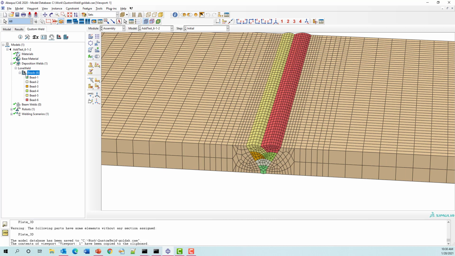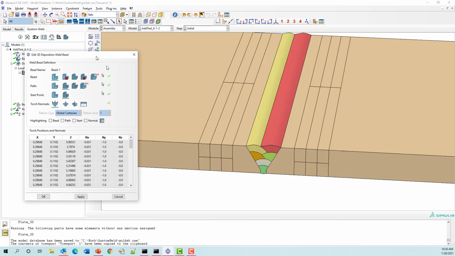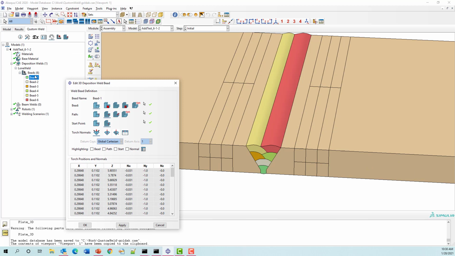All right, so the way we would do this, I'm not going to go through the process since it's already been done, but essentially we would pick on create a bead. We would pick on the geometry of the bead. In this case, we picked the cell because we have the cell geometry. The path, there are different ways to assign the path. This case is element edge picking,